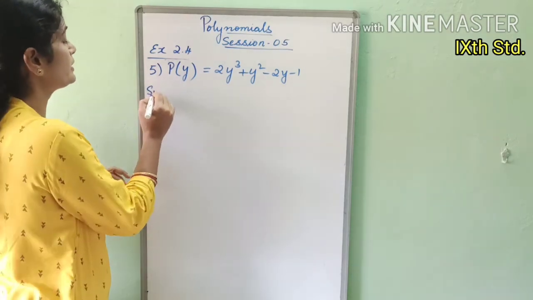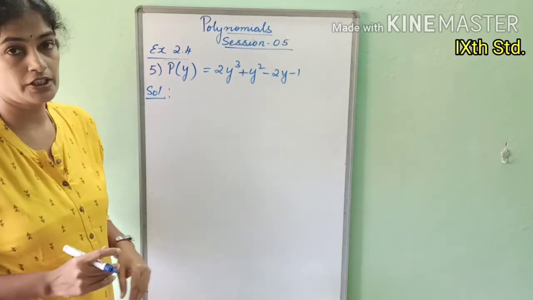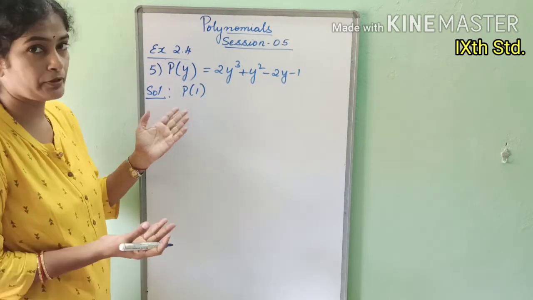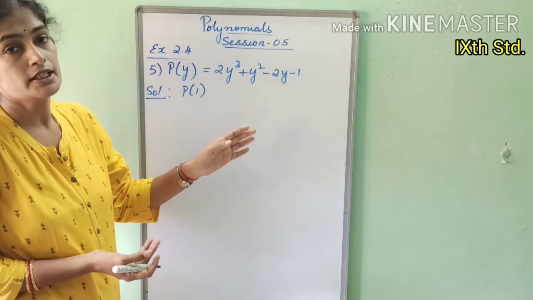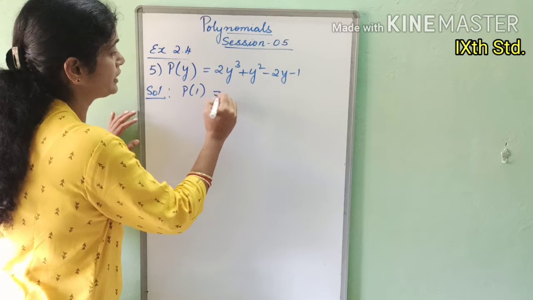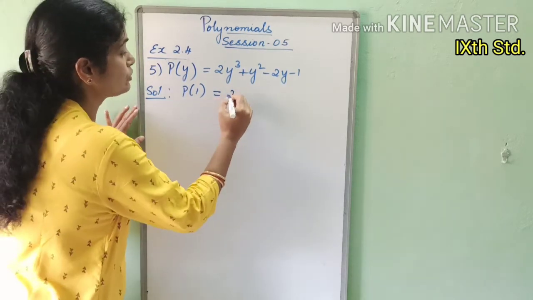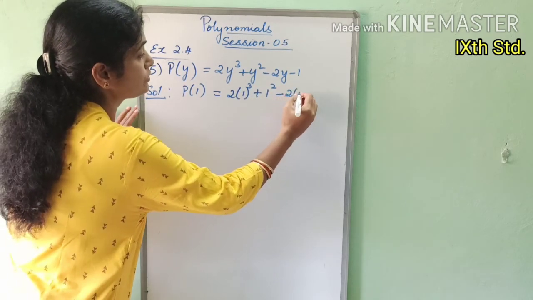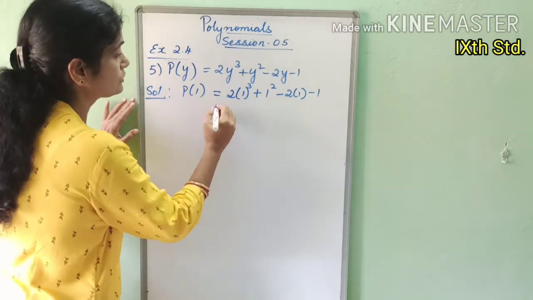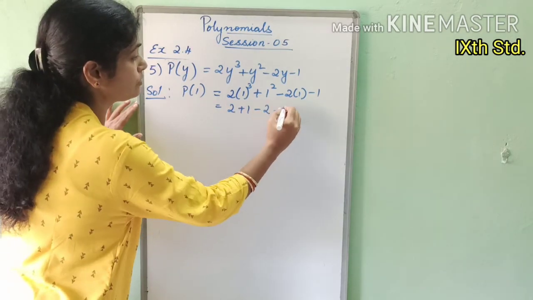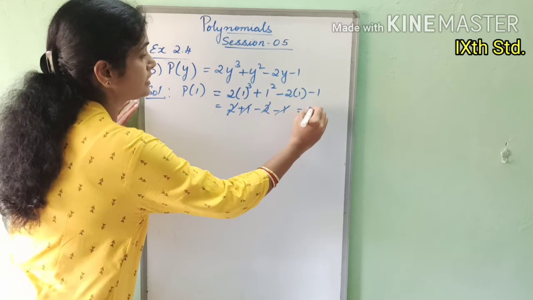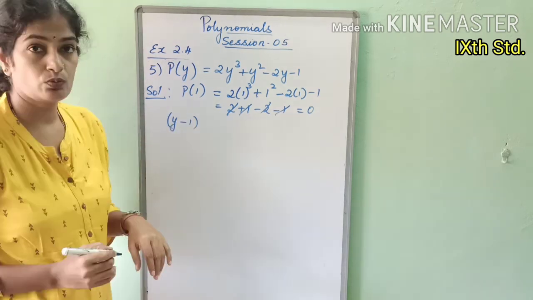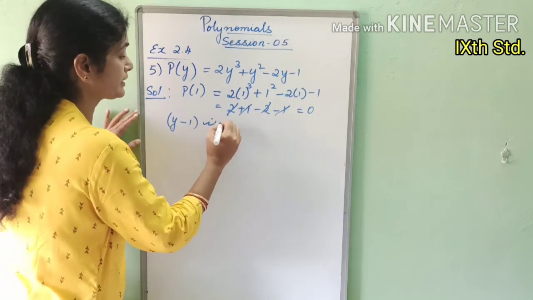Now by trial and error method, we will find one of the factors. So let's do it. P of 1. Normally we will take p of 1, if not satisfying, minus 1, then 2, then p of minus 2, like that we are going to find it out. So p of 1 we will take. So 2 into 1 cube plus 1 square minus 2 into 1 minus 1. So this is 2 plus 1 minus 2 minus 1. Yes, they get cancelled. So y minus 1 is a factor